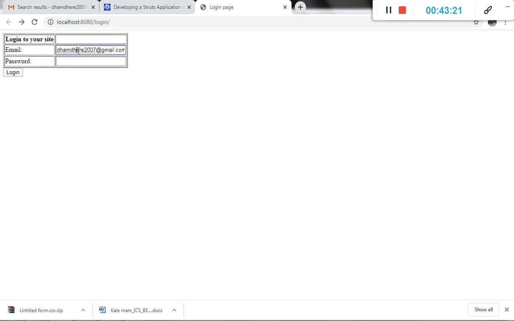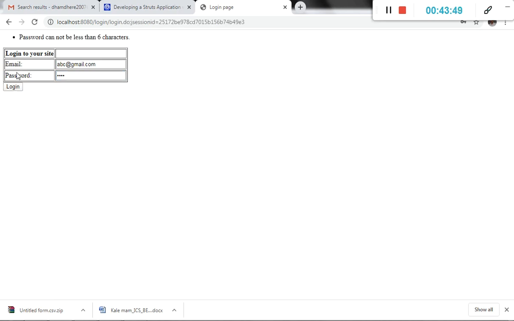Actually it shows login successfully. Okay, abc@gmail.com. I need to change my Gmail password again. Okay, it's abc@gmail.com, and the password is abcd. Then click on login. Okay, it shows the password cannot be less than 6 characters.